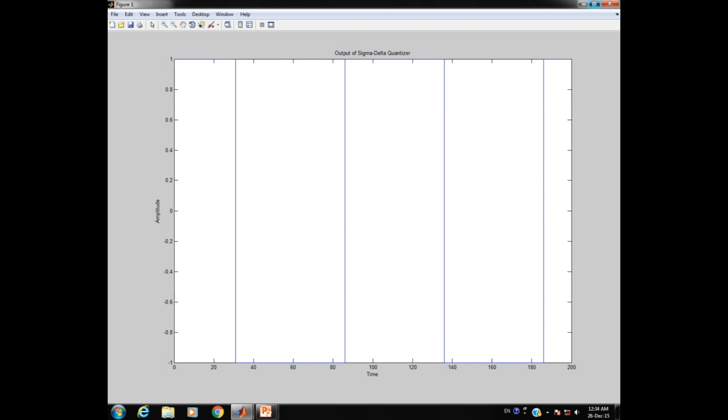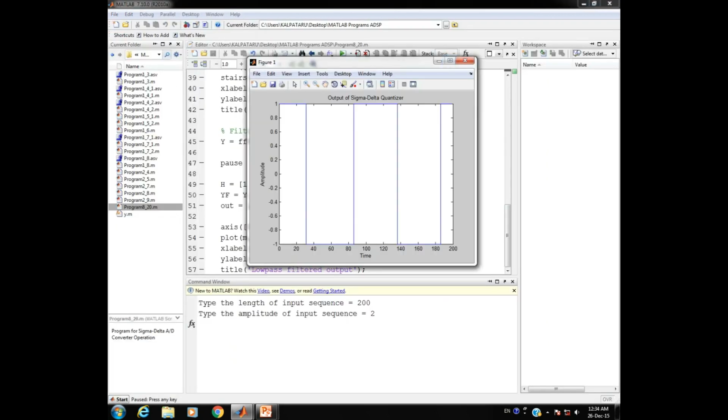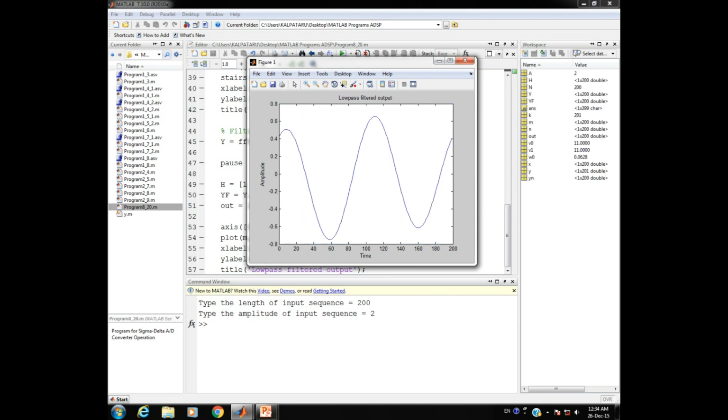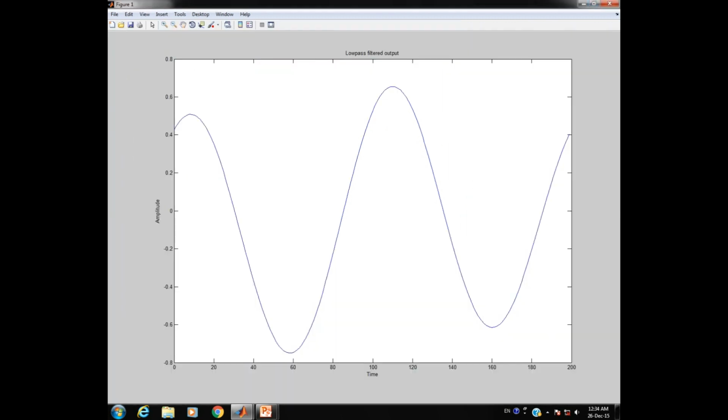So this is the conversion of the analog signal to digital with the help of sigma delta A to D conversion operation. There is also a filtering part appended in the programming. Again you see the status is paused, press any key. When I press any key, in the same MATLAB window it is the low pass filtered output signal.